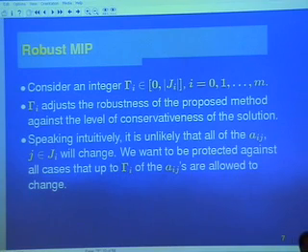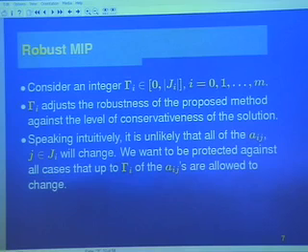This parameter gamma is a parameter that controls robustness. If gamma equals 0, it's a nominal problem. It allows no change in the data, so I'm prepared for zero changes, namely none. It's as if I solve a nominal problem. I assume basically everything is the average, and I go with that. On the other hand, if gamma equals the number of variables, I'm prepared for every eventuality. I would like to find a solution that is feasible even if everything moves.